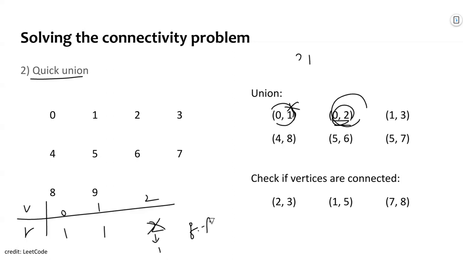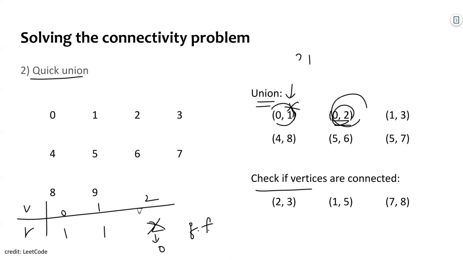In the case of quick find, it would be 1. However, for quick union, what we do is we just put 0 here. So for union, it is quite efficient. However, when we want to do find operation, when we want to check whether 2 and 3 are